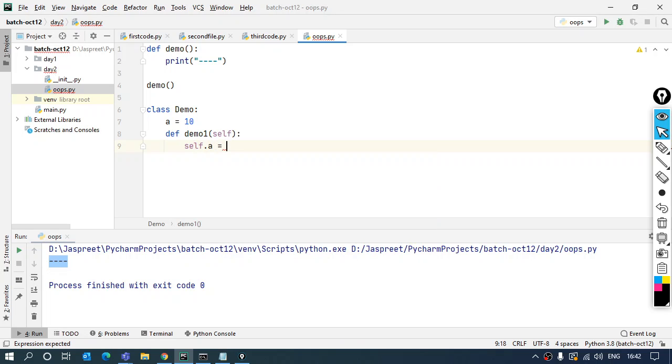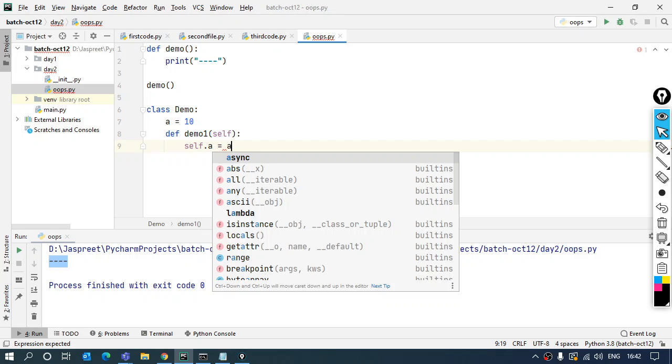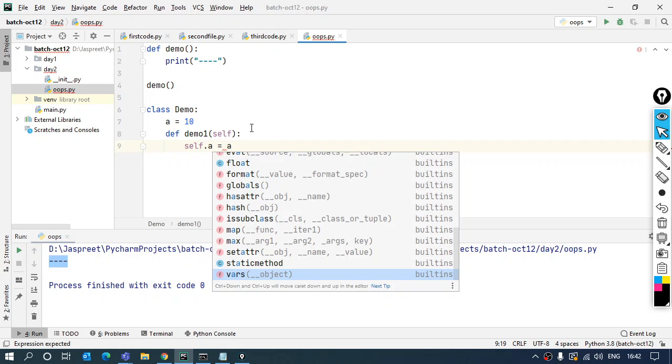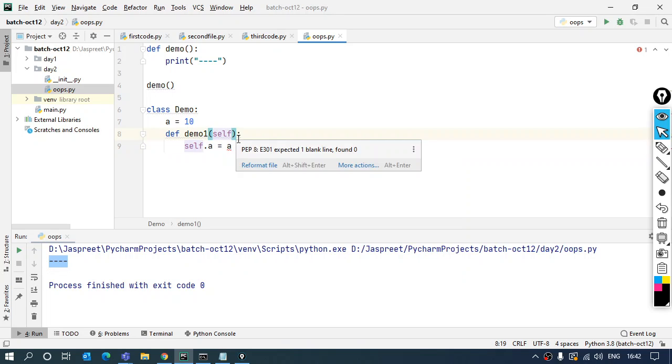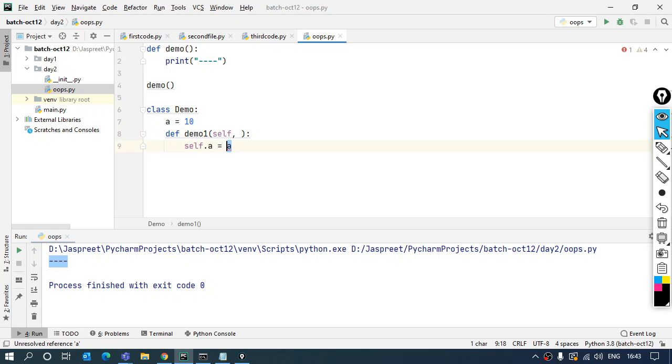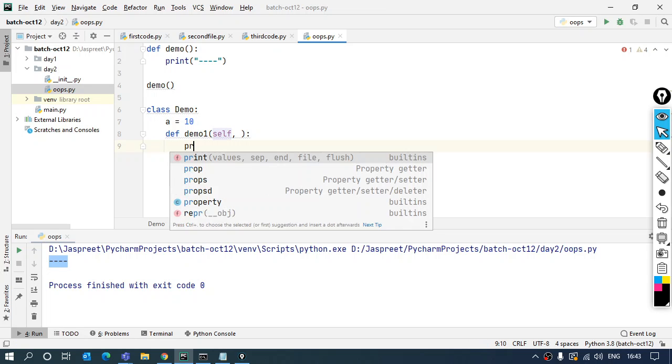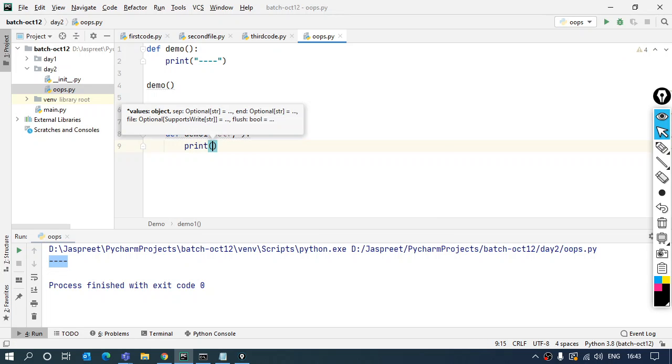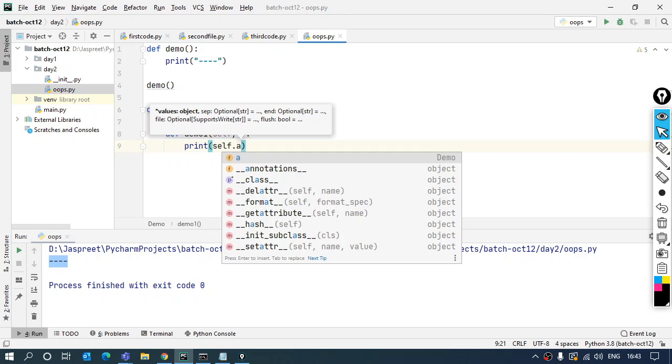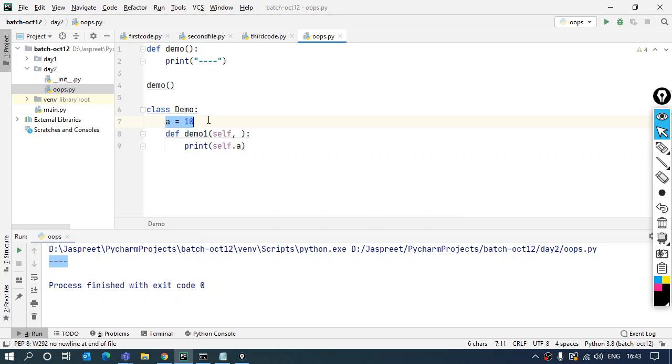Using self.a, I will be able to perform the actions, and the real value of a, which is a class variable, comes from the variable itself. I can pass the parameters over here, that is also fine. Otherwise, if I just have to print the a value inside this function, I say self.a. That's it. It will give me the value of this variable which is outside the function but inside the class. This is the use of my self keyword over here.